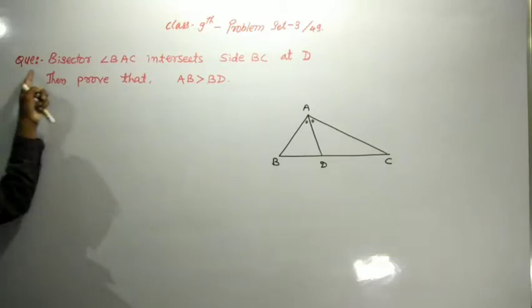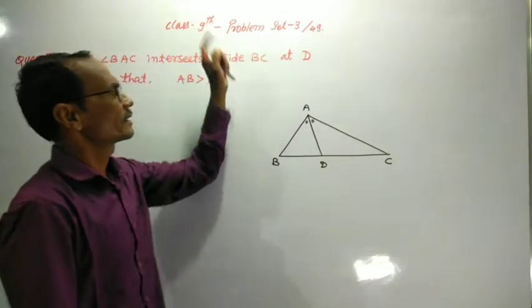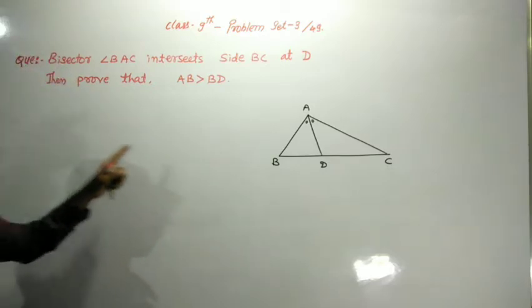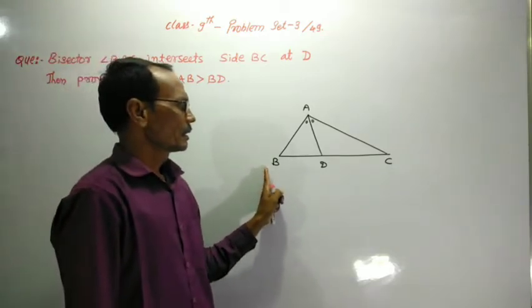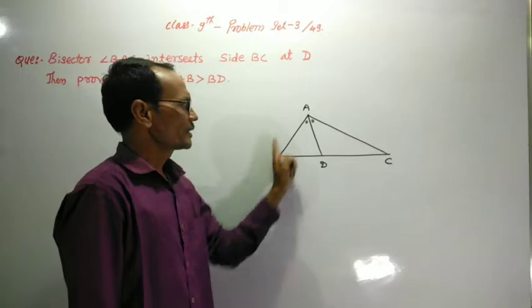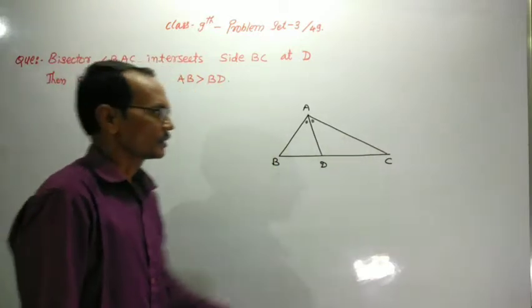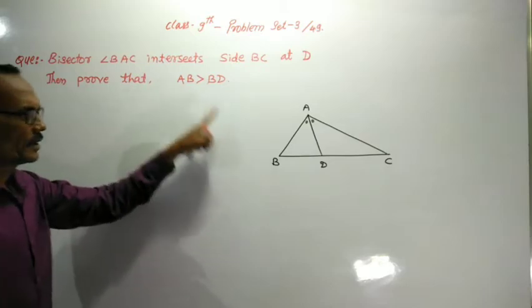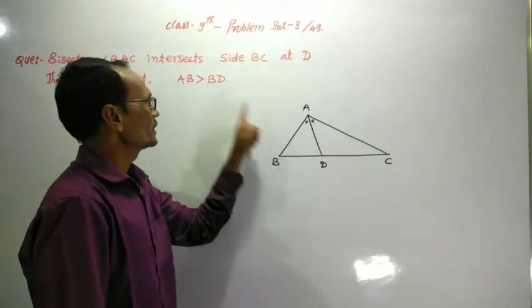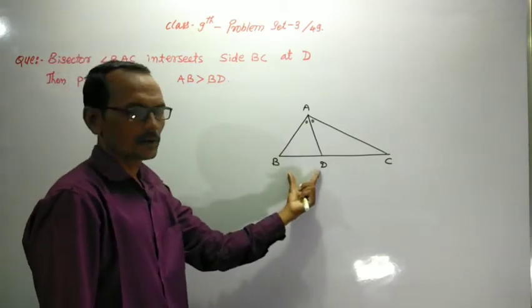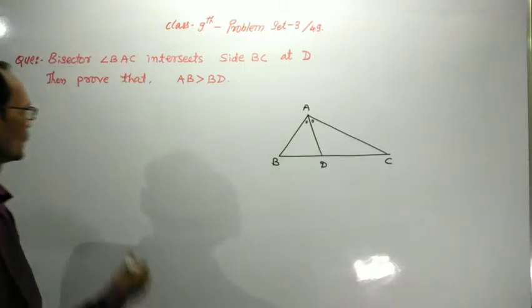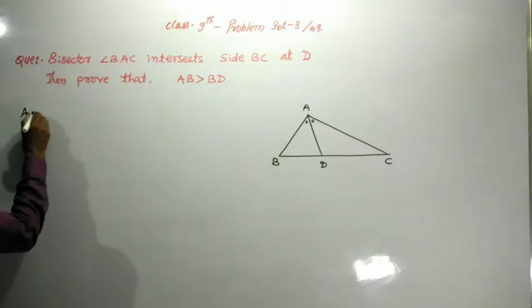For this question, problem set 3 for 9th class, we are given that AD is the bisector of angle BAC, D is on BC. Then prove that side AB is greater than side BD. Answer: